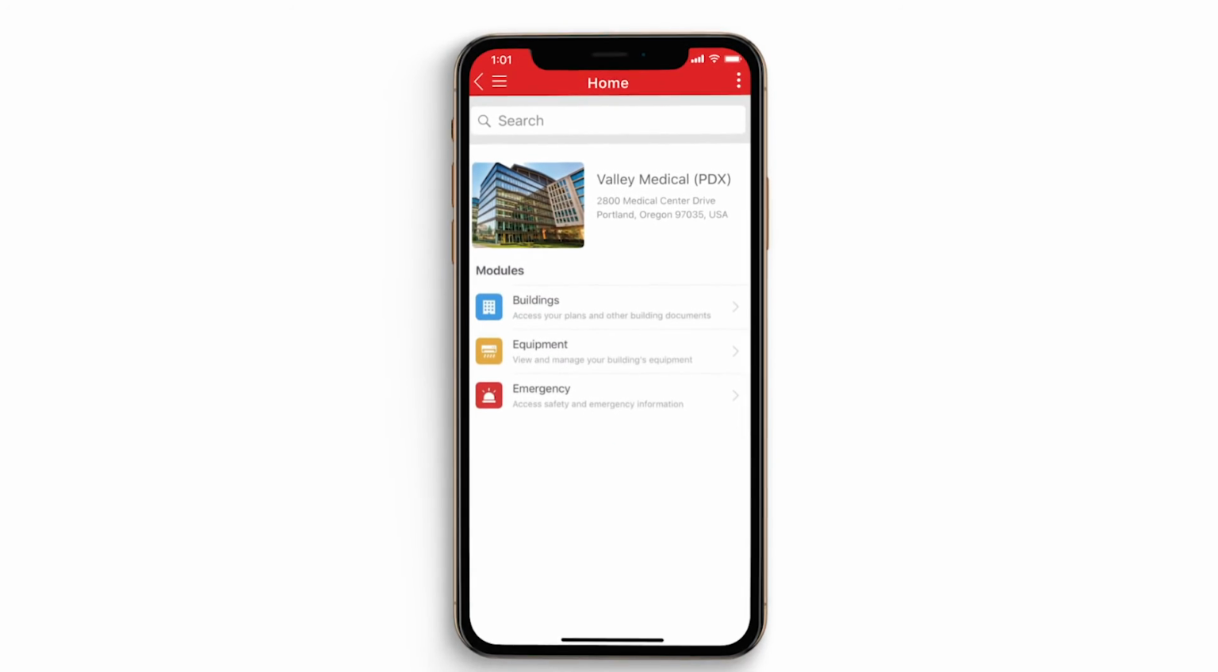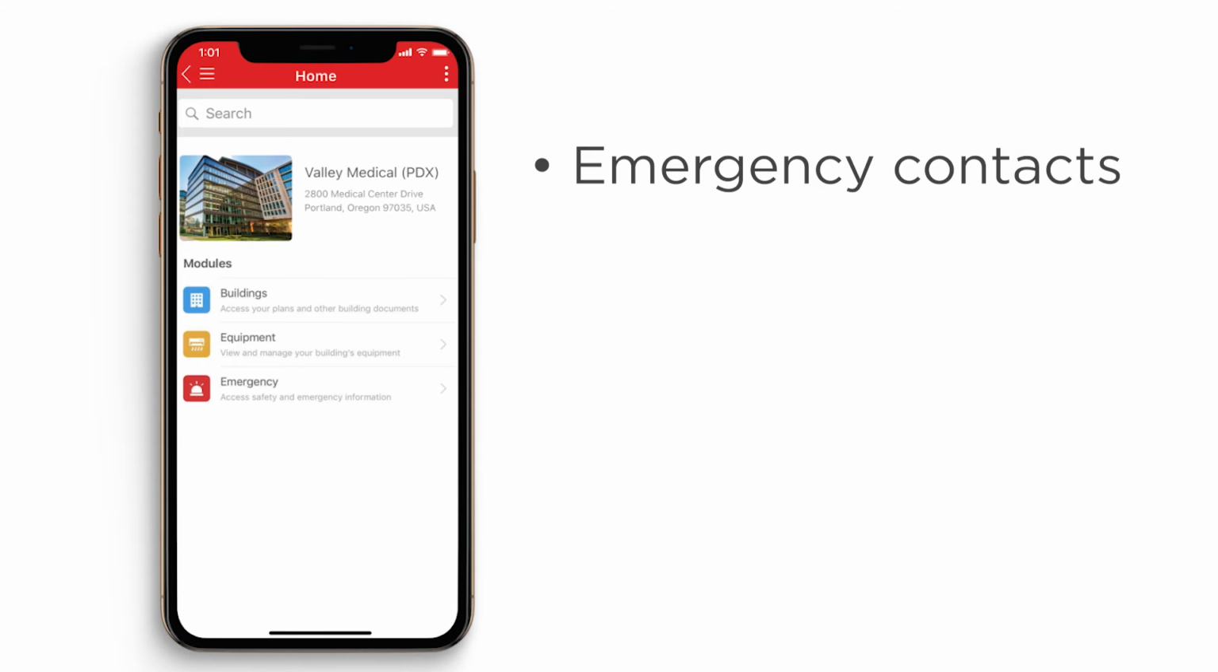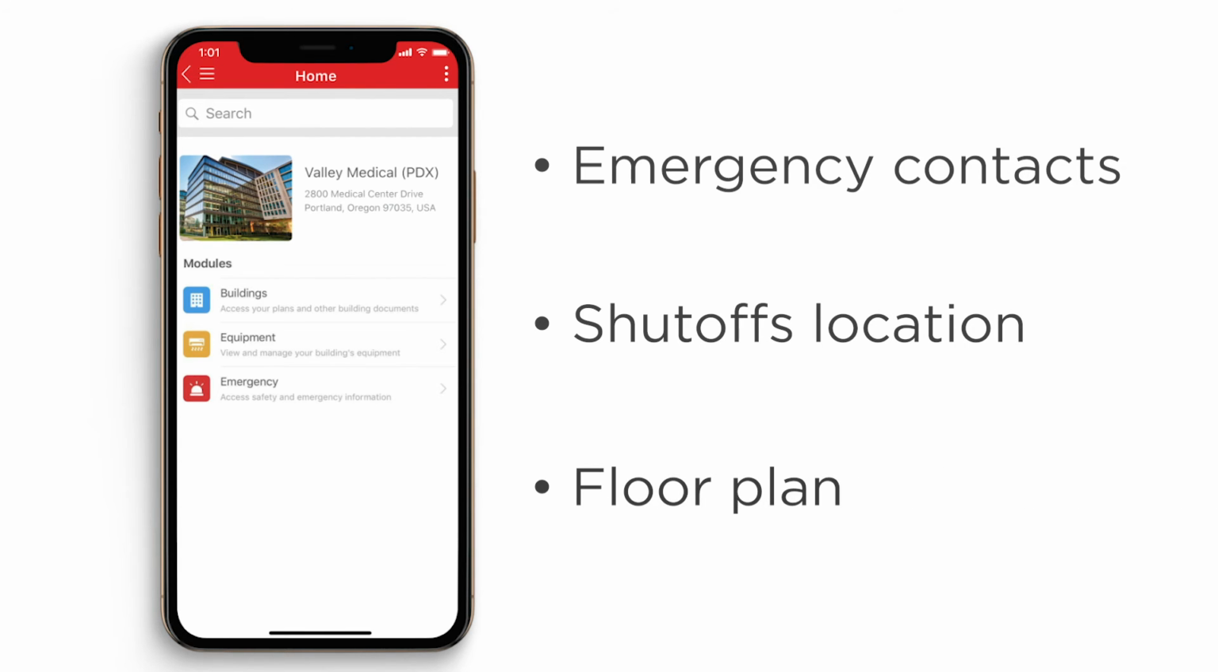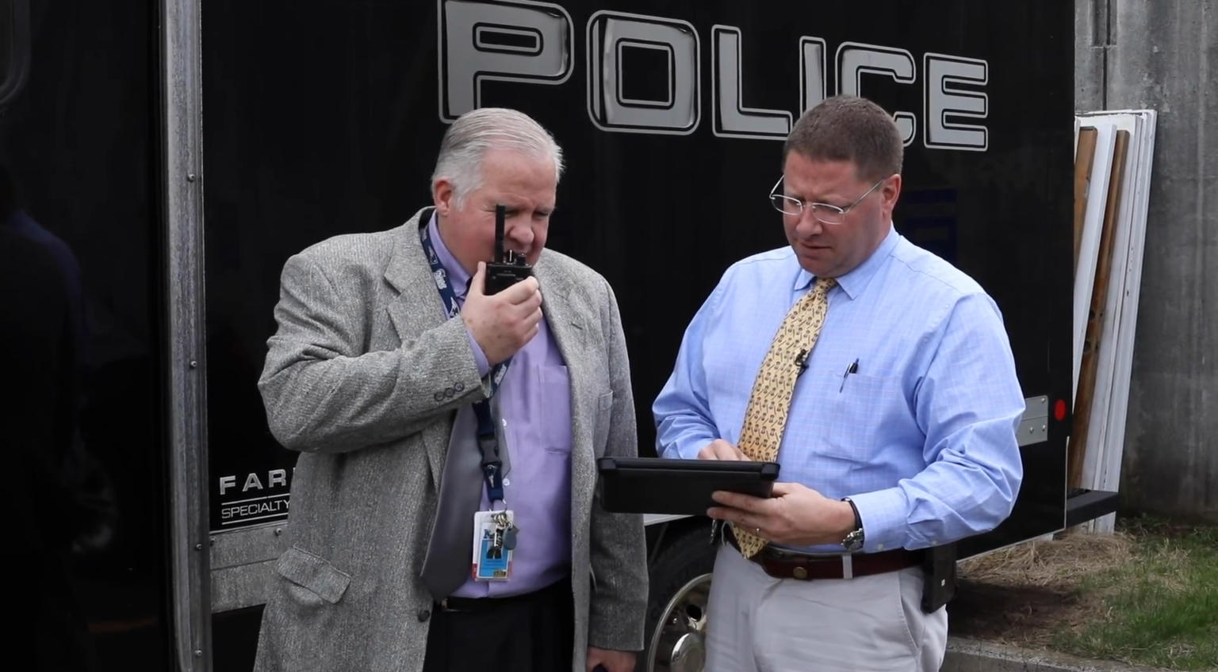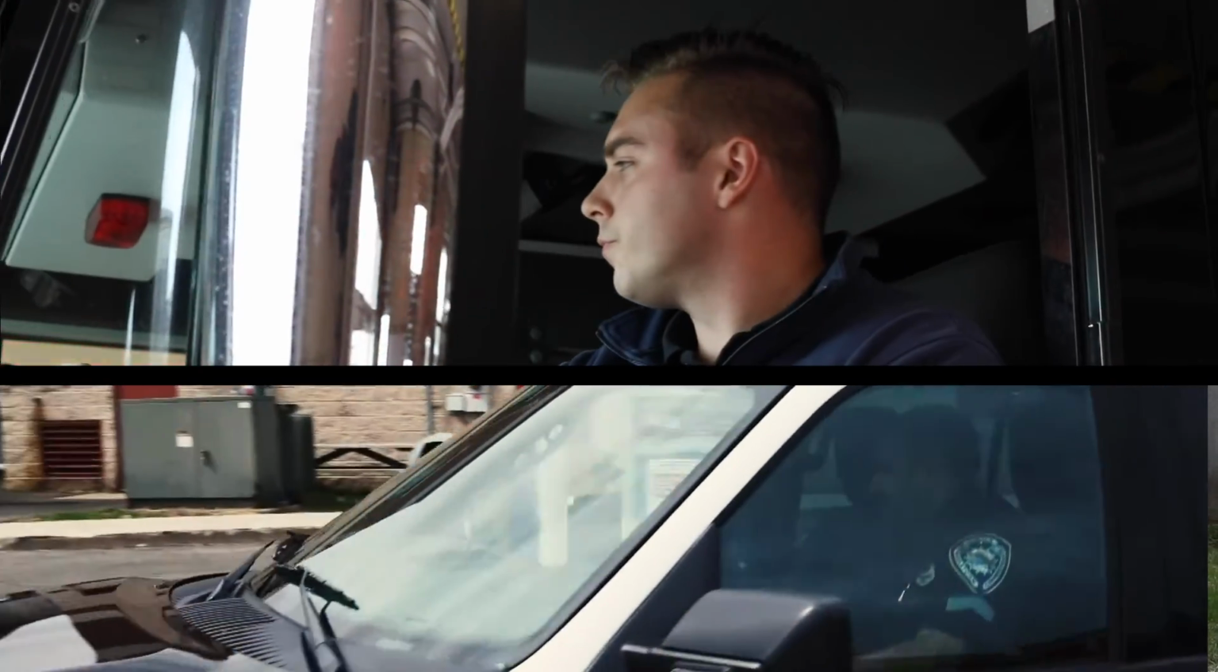Lots of organizations keep their emergency information in binders. But during a crisis, do you have that binder with you? What do you have? Your mobile device. So why not keep all of that information there? With ARC Facilities, we store things like your emergency contact information, where are your shutoff valves, floor plans, and in an emergency, while you're standing in the parking lot, when the first responders arrive, you're able to easily share that